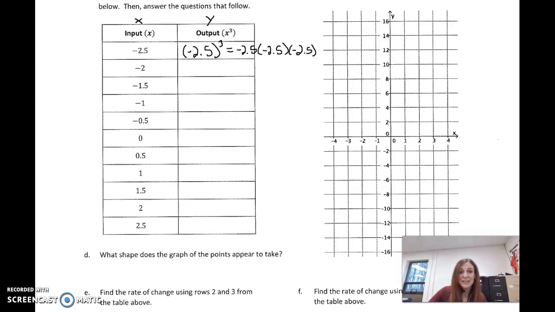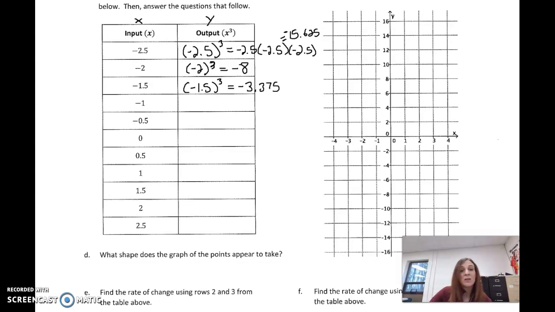And what you would get is negative 15.625, because there are 3 negative signs there. So now we're going to do the same thing for negative 2. Negative 2 to the third, negative 2 times negative 2 times negative 2. That is going to be negative 8. Now notice these are negative, while to the second power they're positive. That's because a negative times a negative is a positive. A negative times a negative times a negative is going to be negative. And that's going to come out to negative